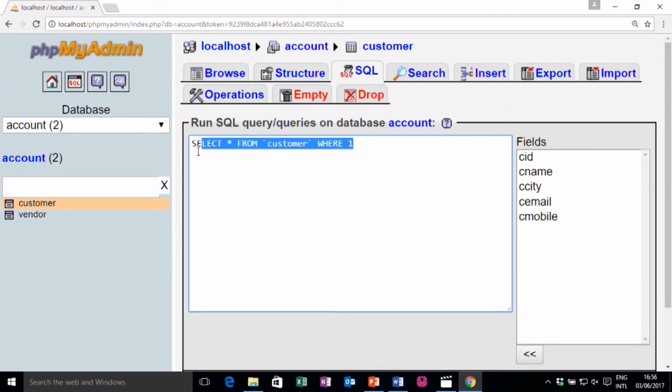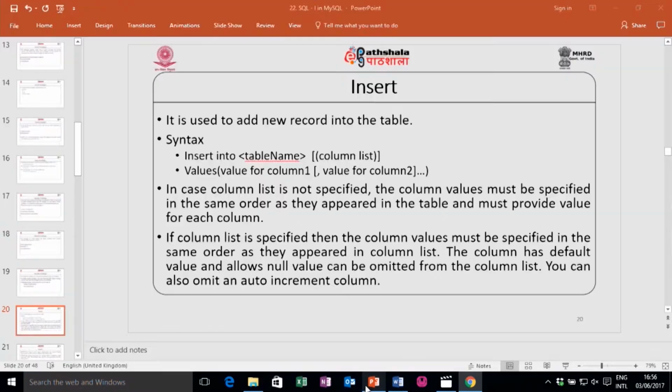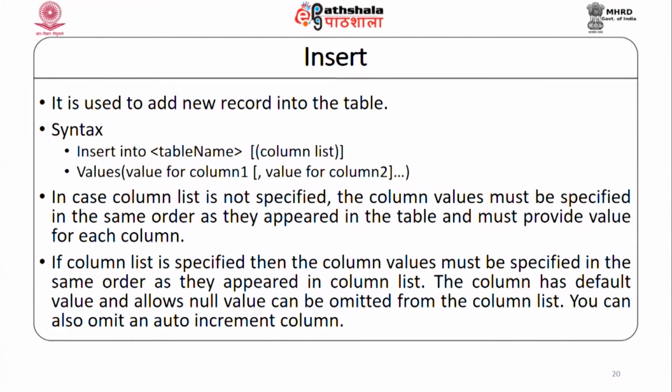Let me write through SQL. So, I can write the insert statement, which is used to insert a record. I will just show you the syntax that you can use to add new records using the INSERT INTO statement, and the general syntax is INSERT INTO table name, then column list. The column list is optional if you insert records for all the columns. If you are not inserting values for all the columns, then you must specify the column list, separated by commas in parentheses: INSERT INTO table name, column list, then you provide VALUES and values for the corresponding columns.